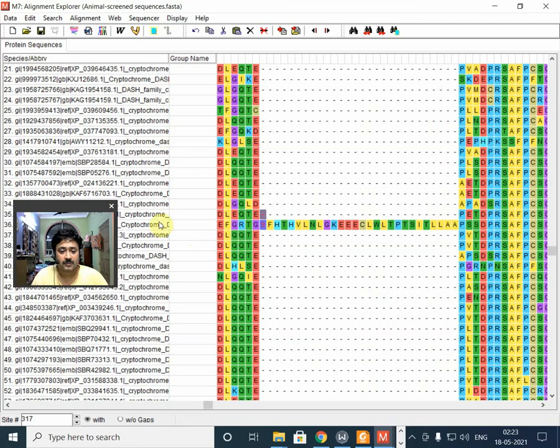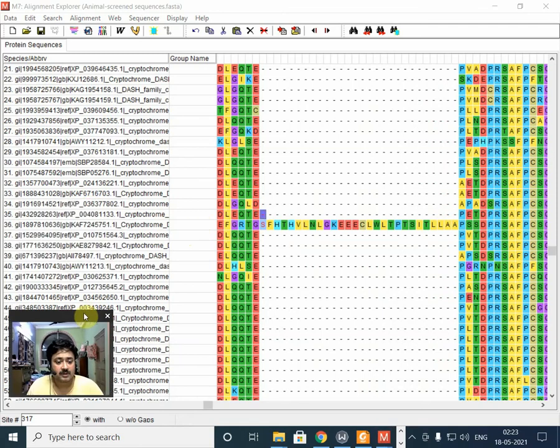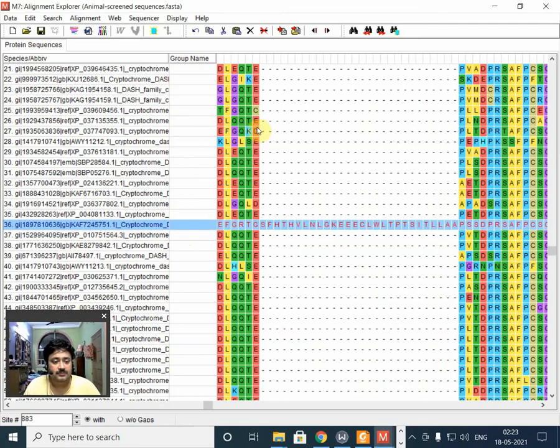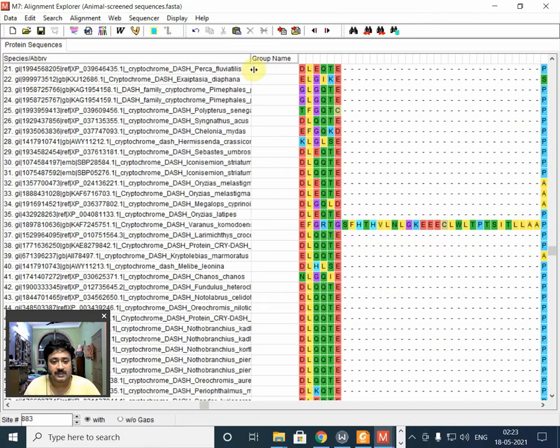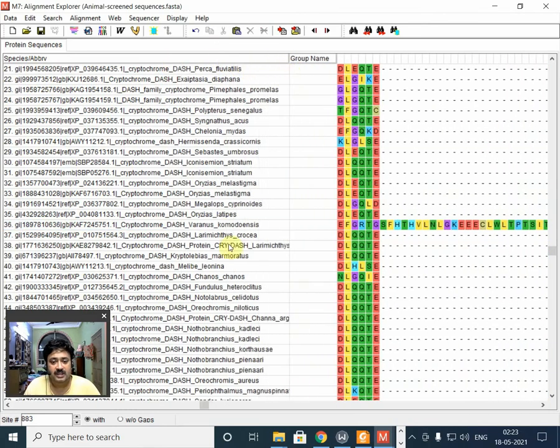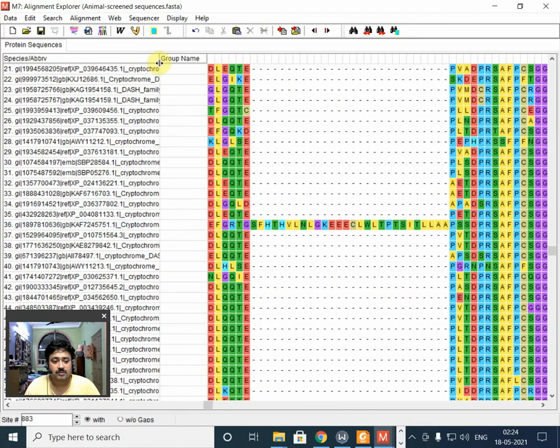So for now, what we can do is, another thing: when you are deleting anything, always make sure that you remember, or note down somewhere, what is the species that you are deleting. So if later on there are any issues, you can go and check back in NCBI why this sequence was different from the rest of the sequences. So anyway, we have noted it down. For now we are going to delete this particular sequence.